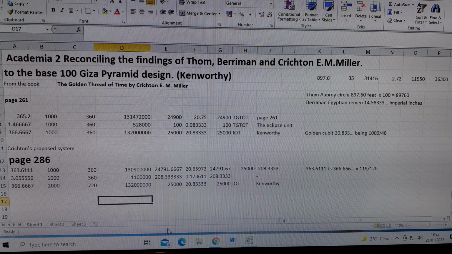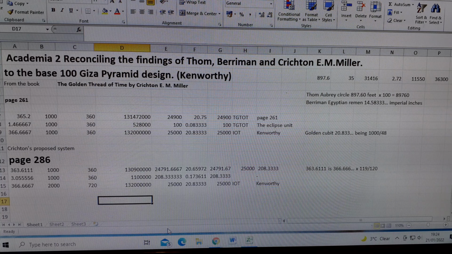Now, Crichton comes up with something else on page 286 of his book, which is absolutely astonishing. And there's no one really that's been able to assess what Crichton's saying, because there's been no system around. Until I developed mine, there's been no system around to check exactly what Crichton's saying. And now there is, we can look at what this means. Because if I go to page 286,